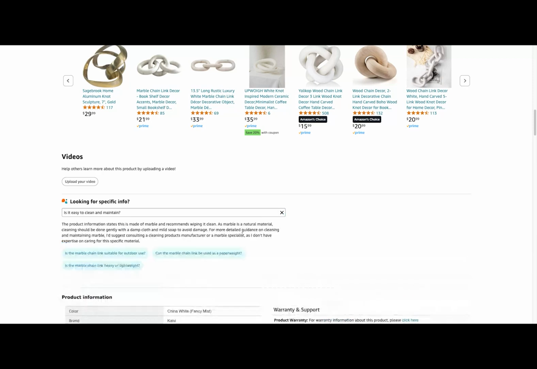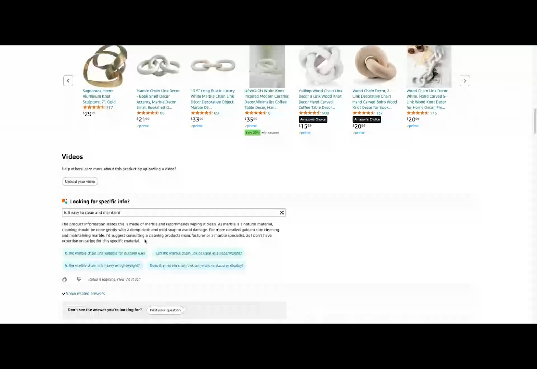Recommends wiping and cleaning. I don't even know why I did that, but good. Nice. Okay, cool. You see that's another thing. Do you see that after one question, other questions get prompted? Yep. So it goes deep and deep and deep until the questions repeat itself, because it's kind of the same